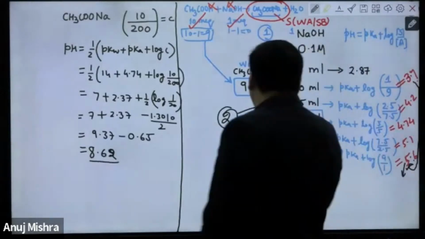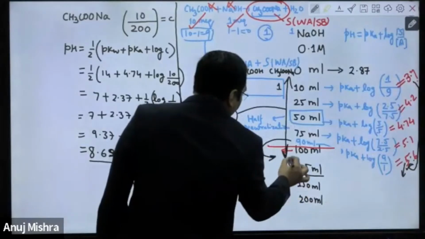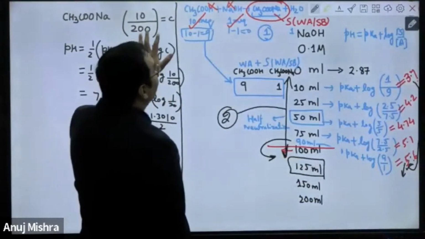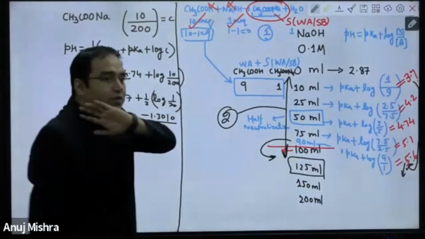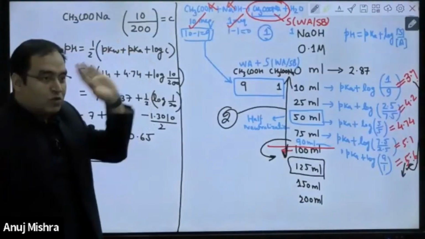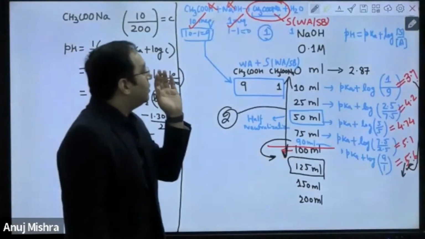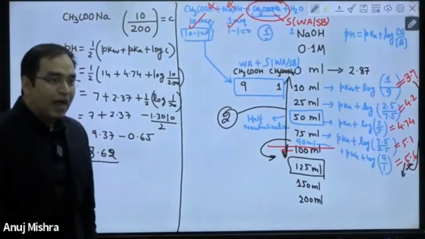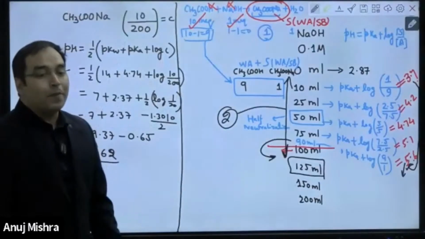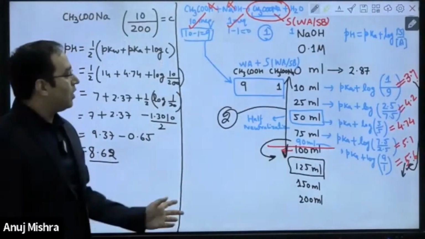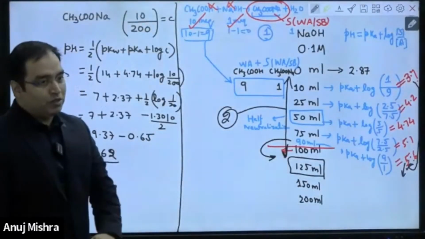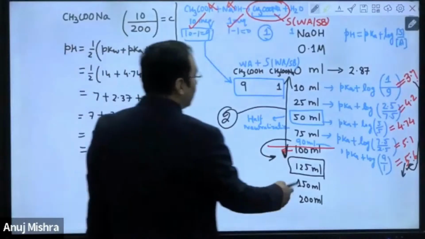Learn one more thing. After 125, it will be dominated by NaOH and CH3COOH is out of picture now. So what you will have? You will have CH3COONa and NaOH, but dominance is NaOH. So your answers are governed by NaOH. And you can ignore others and you can say